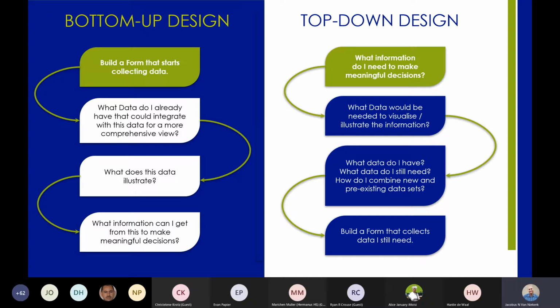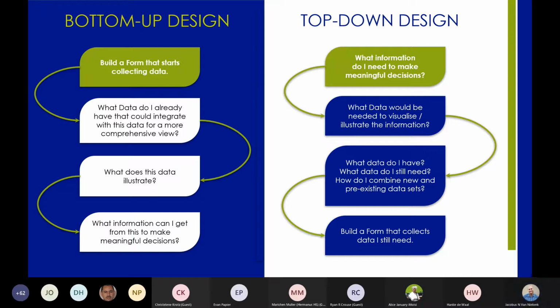But what we do is we build a Google form, which starts collecting data. That's step number one. We build our form without necessarily considering the Google Sheet that is supposed to be linked to it. Even less so do we consider what we could do potentially with something like Data Studio, which is the sessions that you can attend next week.